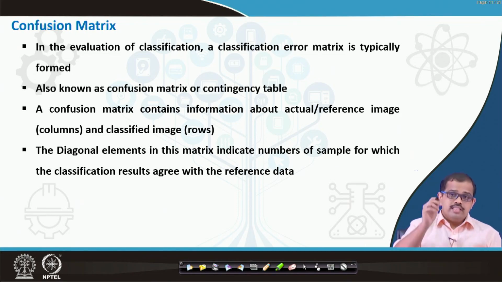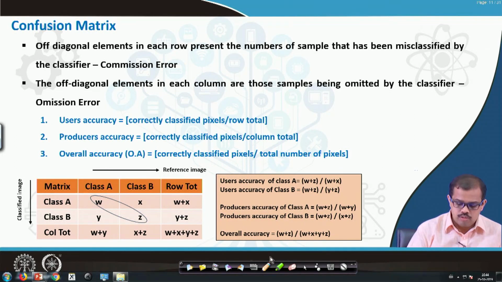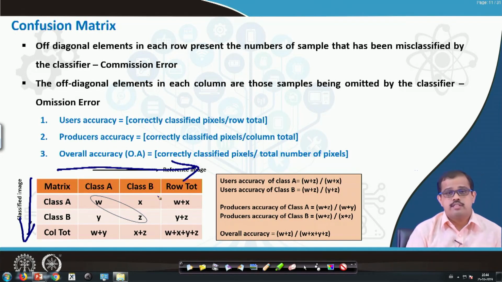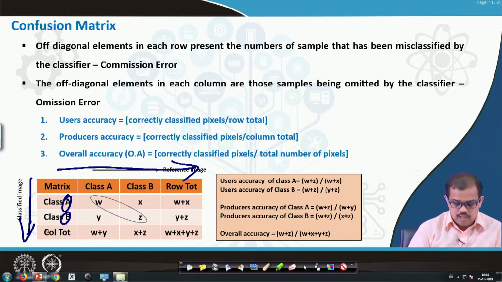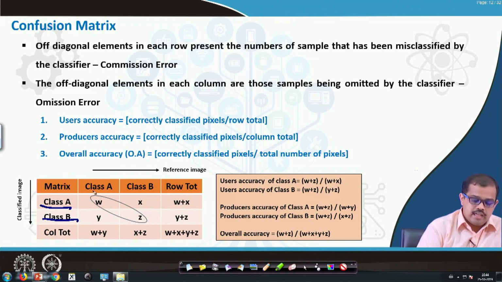Now these are two maps. When we put it in the form of diagonal elements, I will show you how it has to be done. For example, if we have two images, this is where you have a classified image, this is where the reference image lies. Now let us say you have two classes in this, class A and class B. So this is class A, this is class B. Now for class A, which was supposed to be class A in the reference map, is also class A in the classified map, that is the user map.